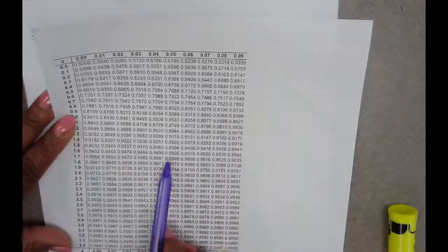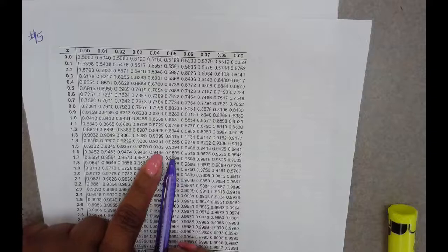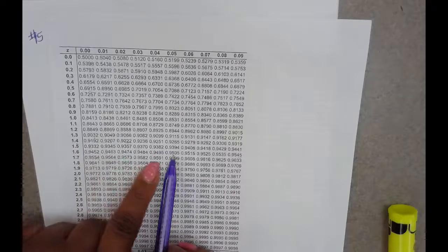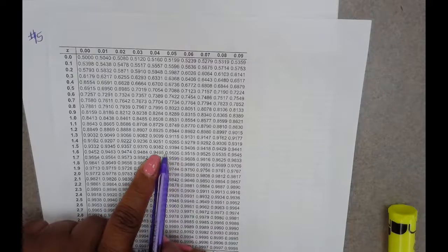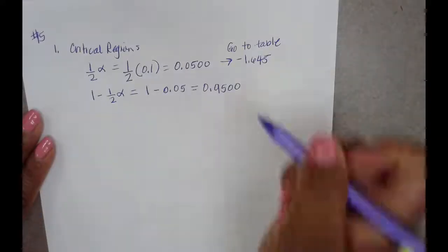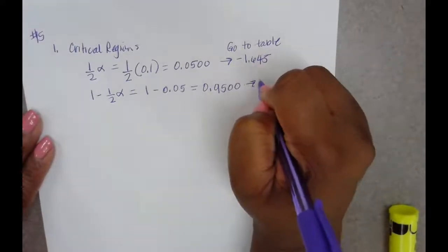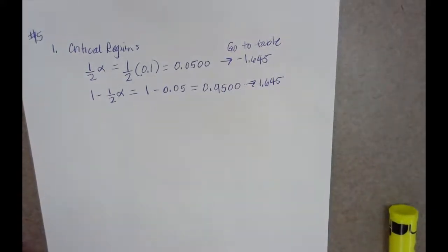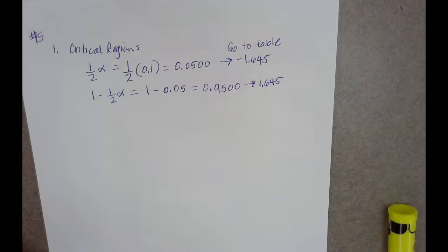I don't see it exactly, but it's living right here in between these two numbers. What are these two numbers? 1.64 and 1.65. Right there in between them would be that value. So this one is 1.645. Okay. So now that we have that,